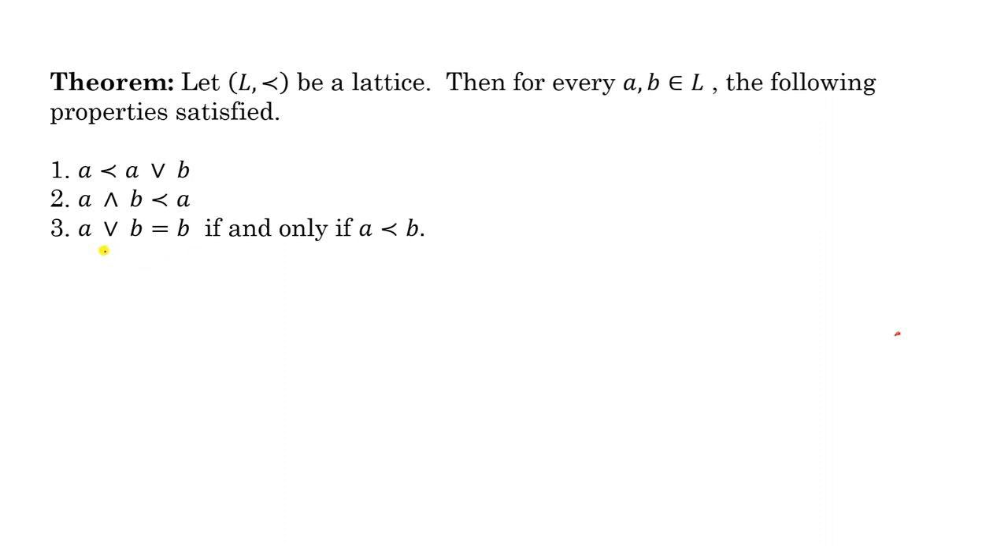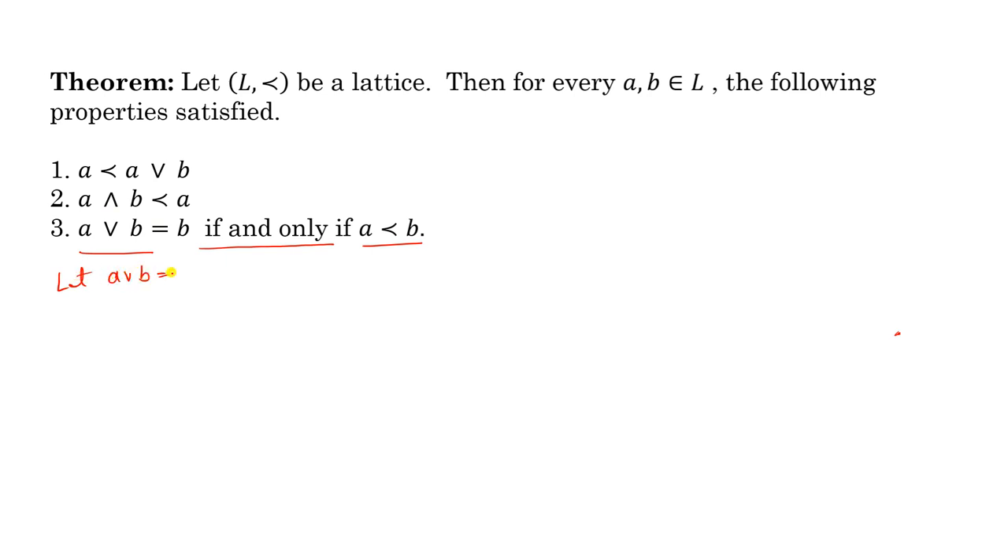Now let's consider the third one: A ∨ B = B if and only if A precedes B. Look at this, a biconditional is there. Biconditional means this is part P, this is Q: if P then Q, and if Q then P. So we'll first assume this part and prove the second one, and the second time we will assume this one and prove this one. So we will start with,